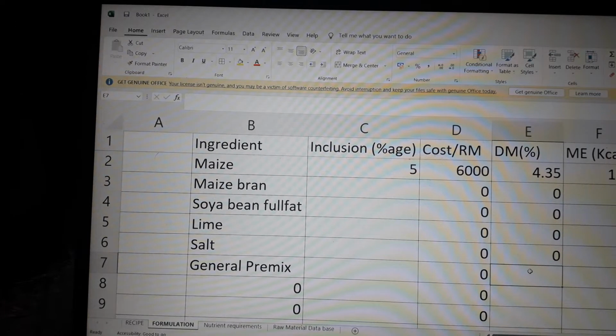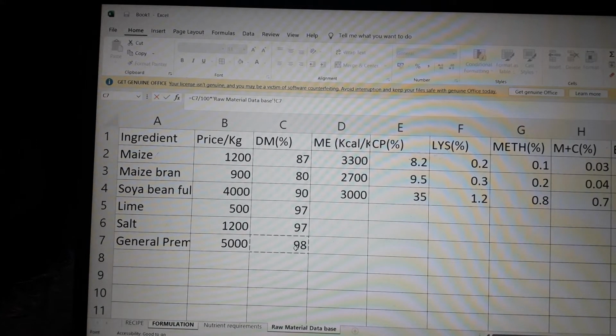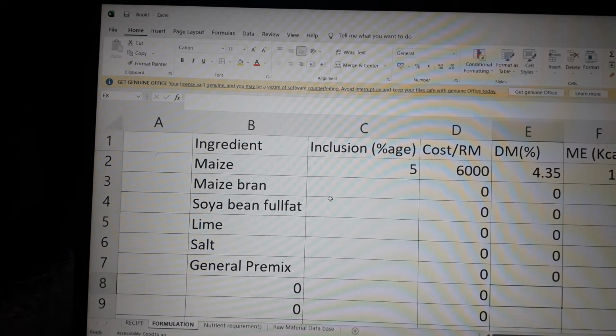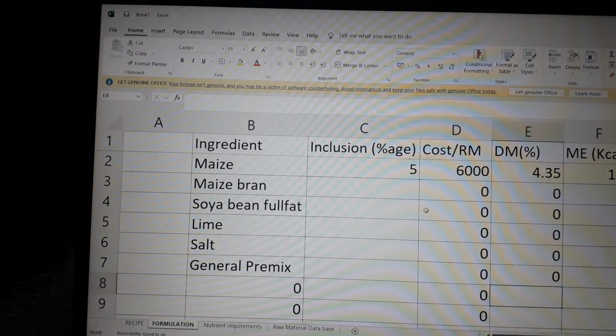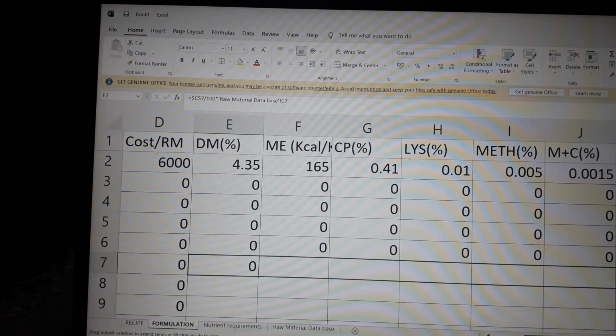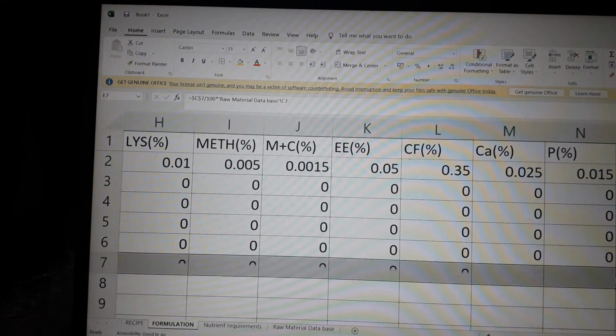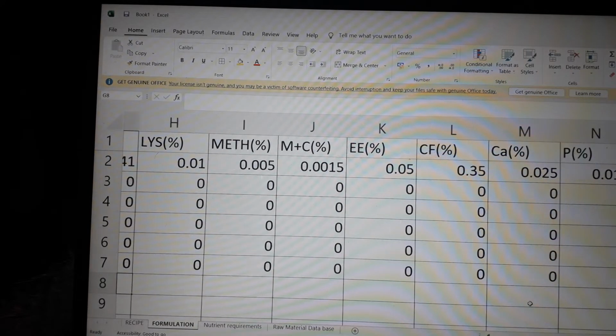I do for general premix, I click, I do the same, it is this over 100 times, a star, don't forget that, the raw material, dry matter, I click enter, and then when I click here, I first fix C, I click enter, and then I move my cursor here, and move to the right up to phosphorus. So I have finished getting my formulas